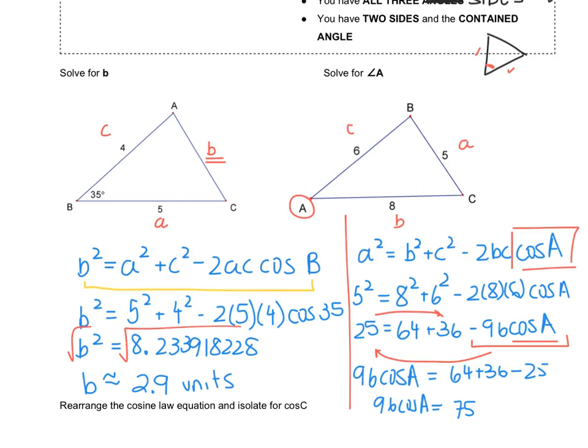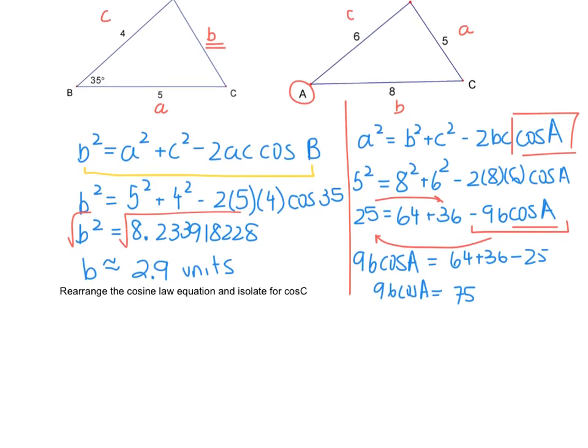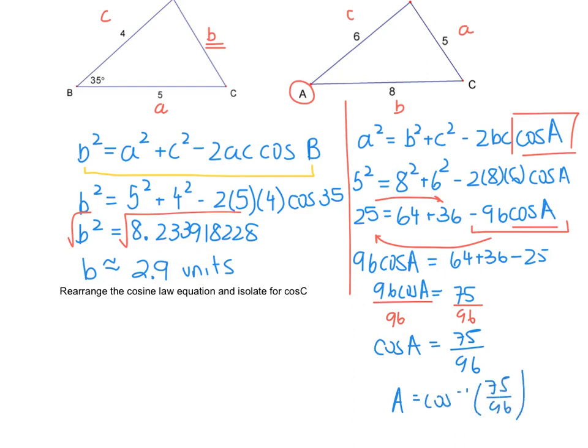And now we're almost there. We just have to divide both sides by 96 so that we get cos A equals 75 over 96. And now you're almost there. We just have to take the cos inverse to actually find our angle. And there it is. Now, how we found this angle, it was a little bit of a tedious way because